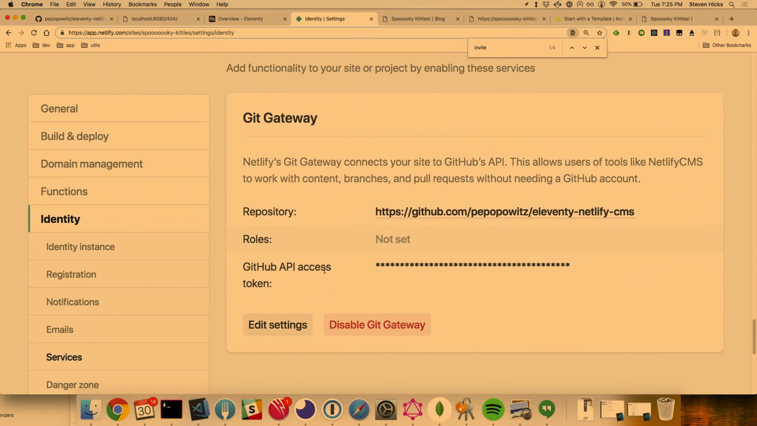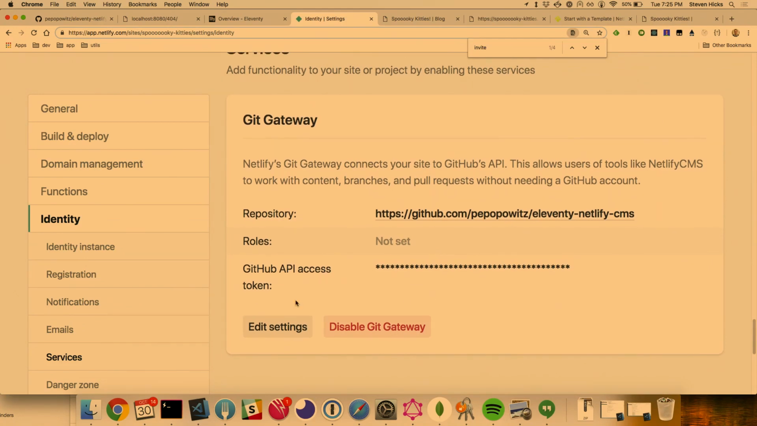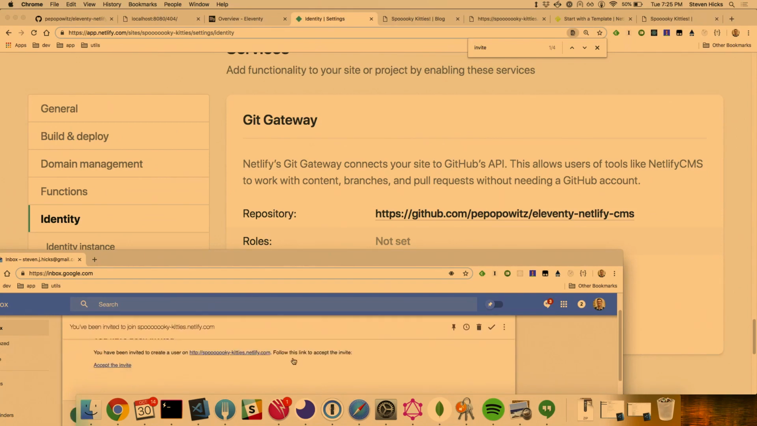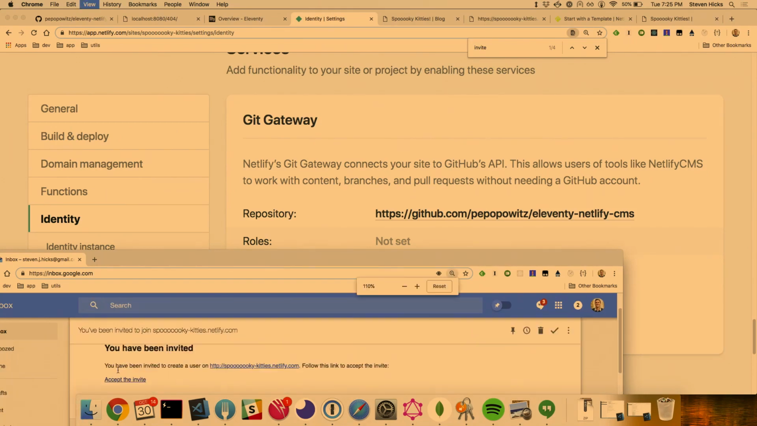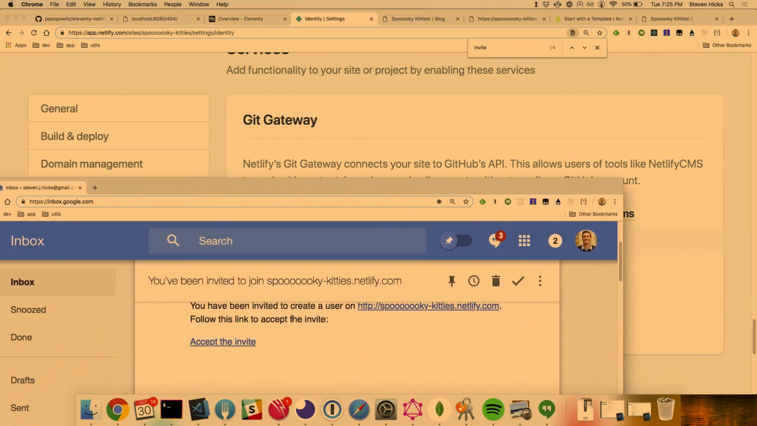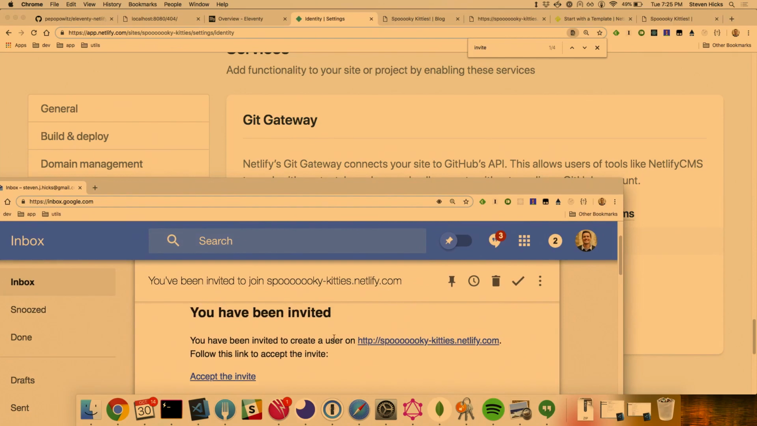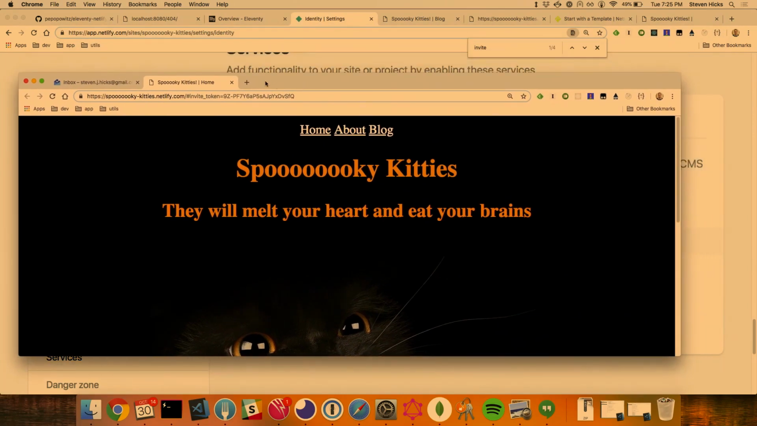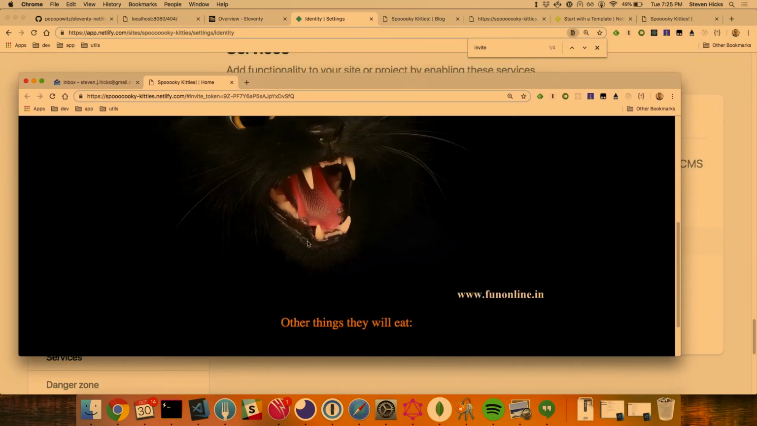Okay, so I should be able to check my email. You've been invited. I'm not letting you see most of my email, I'm sorry. There's important things in there. But let's see if we can zoom in so you can read that. You've been invited to create a user at Spooky Kitties, accept the invite. So I am going to go ahead and accept that invite. I clicked the button and I should be able to,